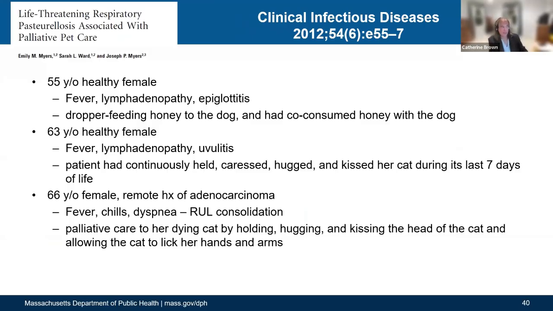These are 3 human cases of infection with a bacteria called Pasteurella multocida, which normally, you can get an infection if a cat or a dog bites you. You can get a Pasteurella infection, but none of this was related to bites. This was simply due to the very intense close contact that these people were having over multiple days with their dying animal. Probably, I'm just going to guess, a lot of face-to-face, nose-to-nose kissing that likely resulted in this transmission. Fortunately, all of these individuals recovered.